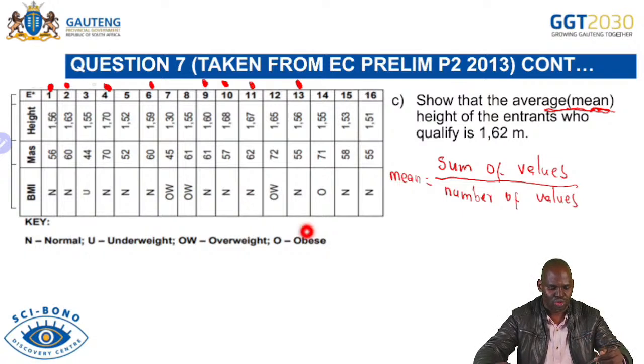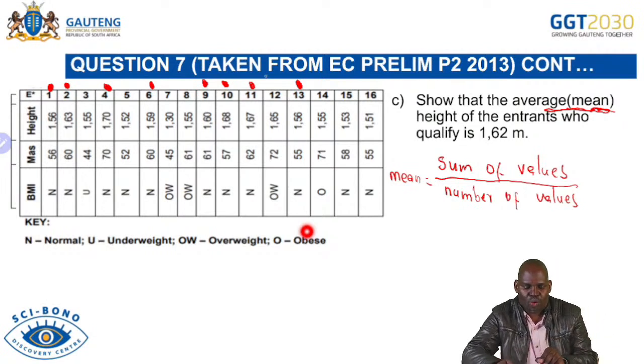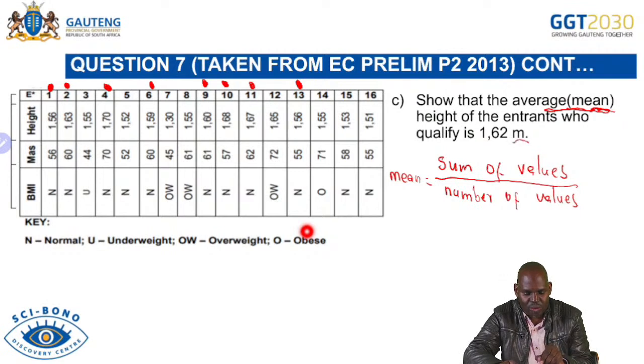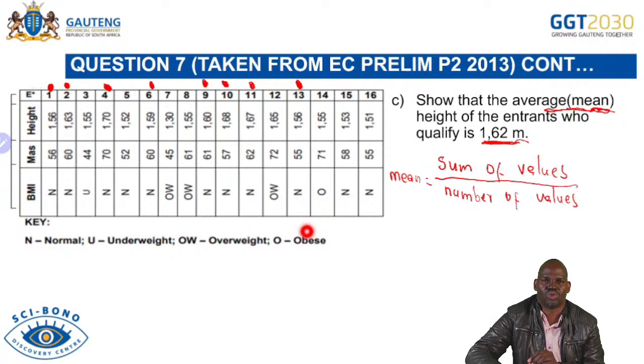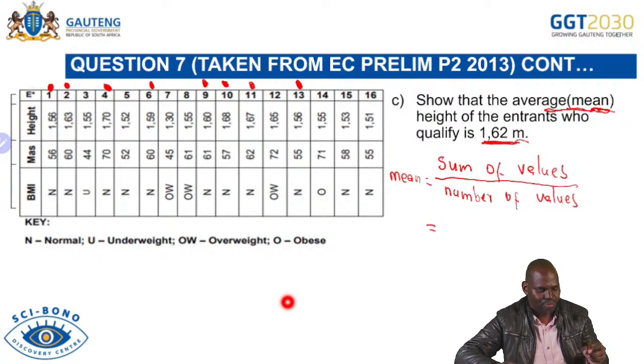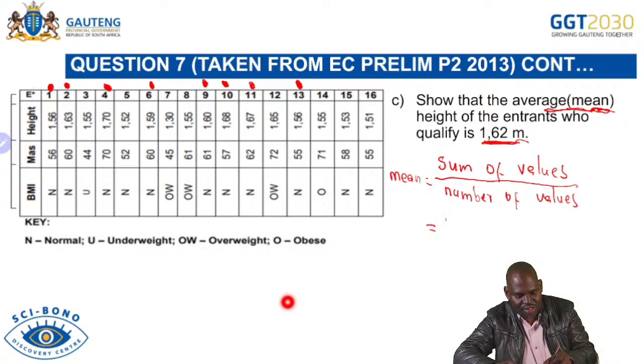So we've got 1, 2, 3, 4, 5, 6, 7, 8 of them who qualify. So the sum of those values, which ones are we looking for? We're going to look at the height. Remember, the question is show that. The answer is given. We have to show if our answer will be 1.62. Let's see. Now the sum, it's for the height is 1.56,